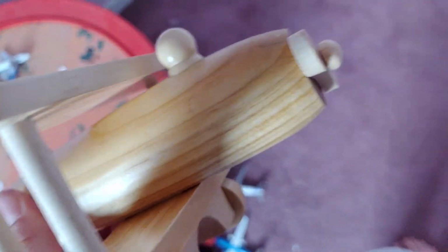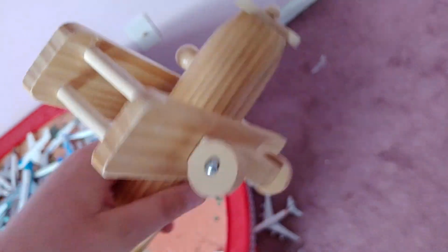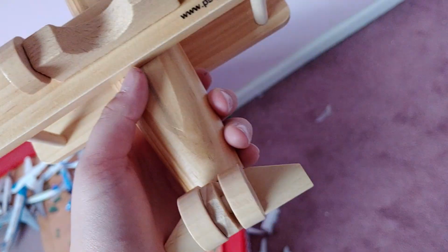Alright, now this one I got Christmas 2019. They're saying it's the first wooden model. I think there's another first model, but it has my name on it. And by just looking at it,